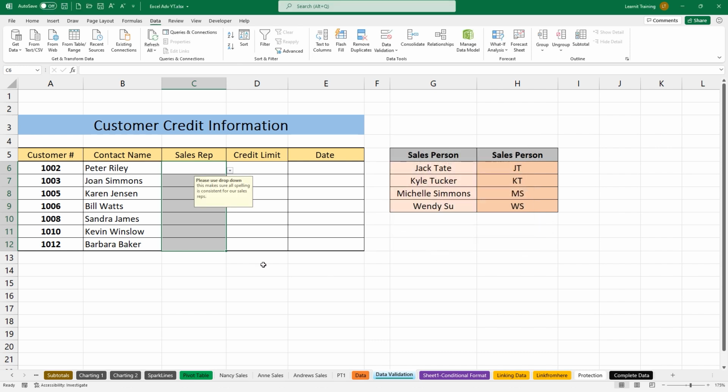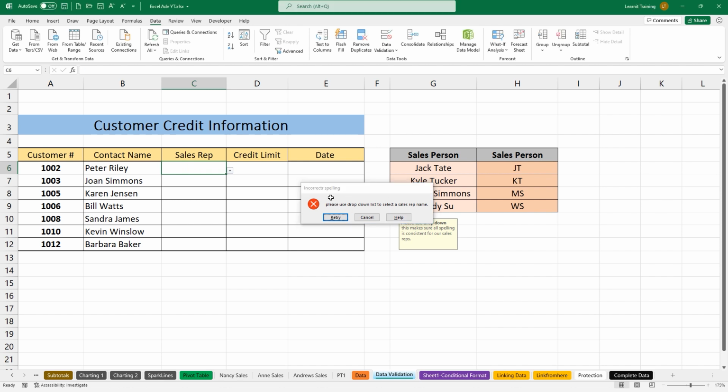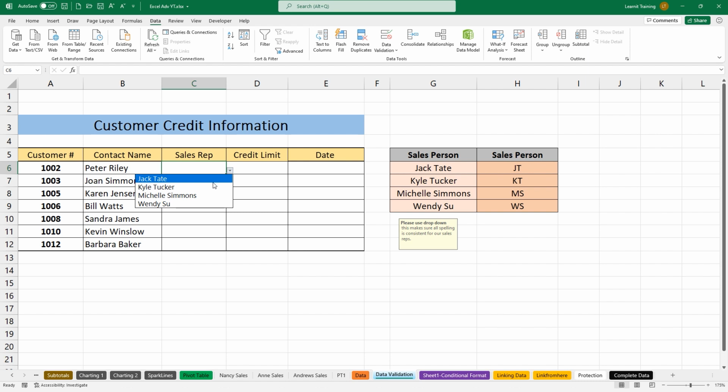these are going to show up. There's my input message. I can always move it around if it's in the way. And then there's my drop down. So if I end up typing in something like Faz, incorrect spelling, please use the drop down list to select a sales rep name. I'm going to choose Jake there. And now each and every cell